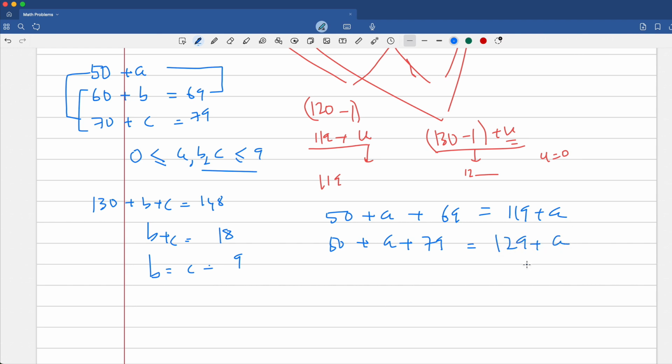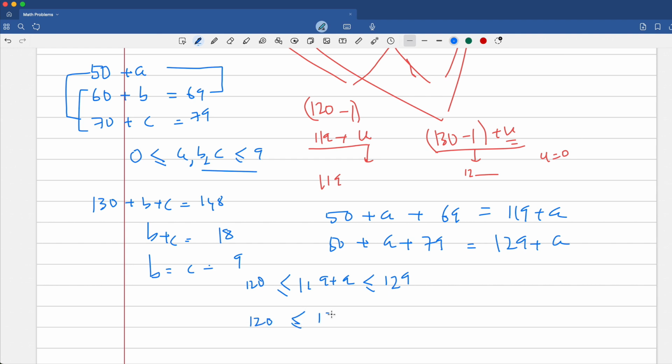Okay, so if these are my two sums, I need 119 plus a to be greater than or equal to 120 and less than or equal to 129. And similarly, I would also need